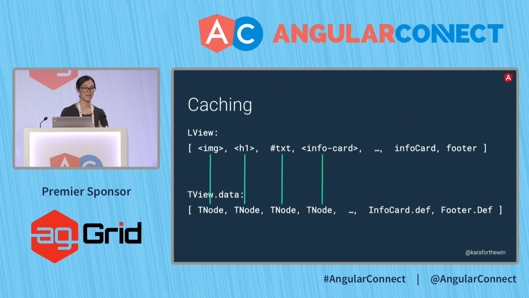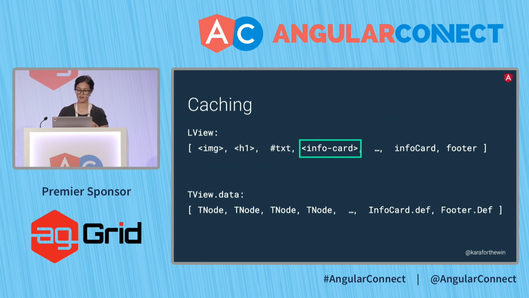Similarly, as we're creating DOM elements, we're also pushing template nodes into the T view at the same index. And template nodes, or T nodes, are essentially just metadata about each DOM element. So it'll contain information like the tag name, or more importantly in this case, information about directive matching. So on the T node, we'll have a list of directive indices or a range of directive indices that match this node. So for info card, for example, the second time we go through this app component template, we'll get